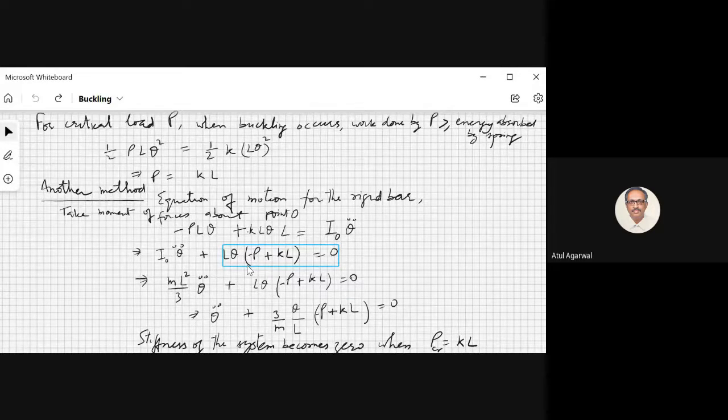This is an equation of the kind you have seen in vibrations: M x double dot plus k x equal to 0 or f. Such an equation has a harmonic solution. So theta double dot plus this. You can see there is a theta here, theta double dot here, something similar to this equation. What is the angular frequency here? Root k by m. This was the natural frequency you must have studied earlier. So theta double dot is this. So how do you get your stiffness?